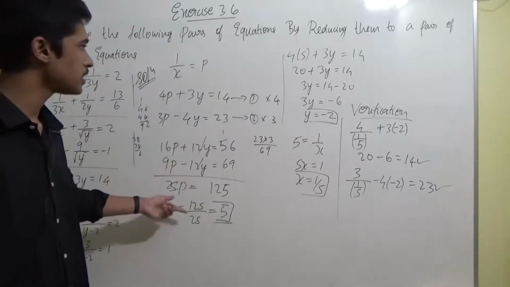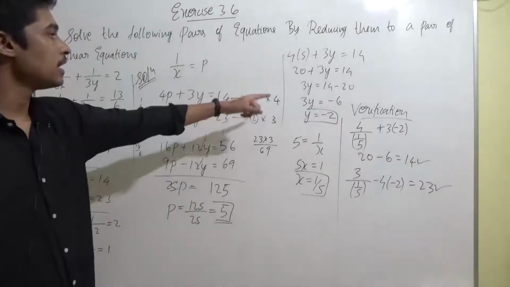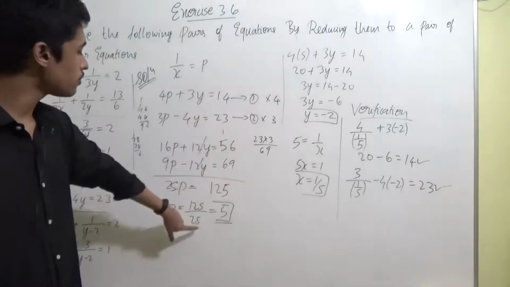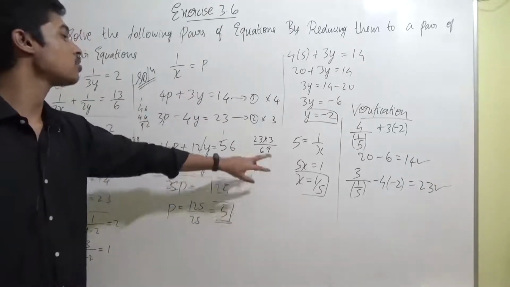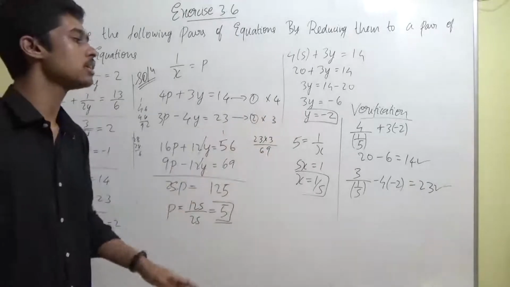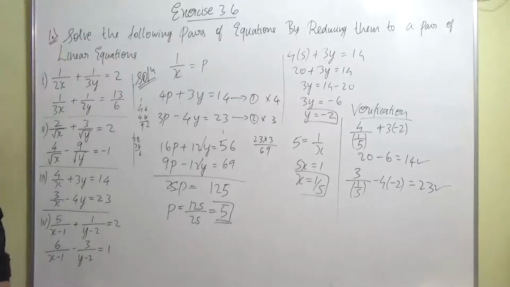We found the value of p first, and then we found the value of y by substituting the value of p back into equation 1. And then after finding p, I substituted back into the assumption and found the value of x as well. So after finding x and y, we did the verification and got the verification as correct. That's it, guys. As simple as that. You can take the screenshot now. Let's go to the next sub question after this.